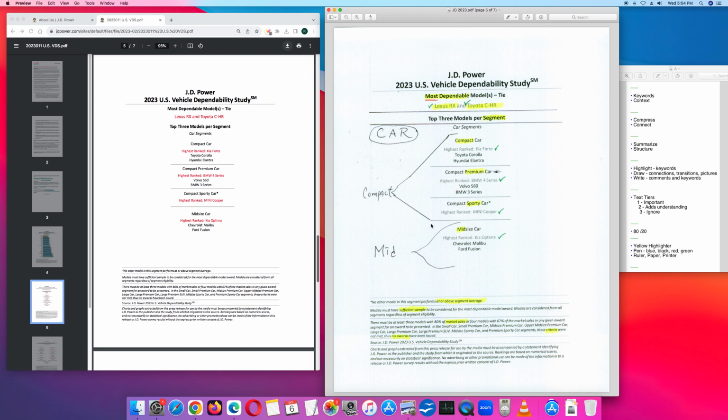So the top categories are compact, and then you have mid-size. And I'm like, okay, well, what about large? And then at the bottom here, I highlighted their methodology. First of all, the cars need to be above the segment average. There needs to be a sufficient sample. There needs to be a certain distribution of market share that they like. So for whatever these reasons they even say here, some of these categories they didn't